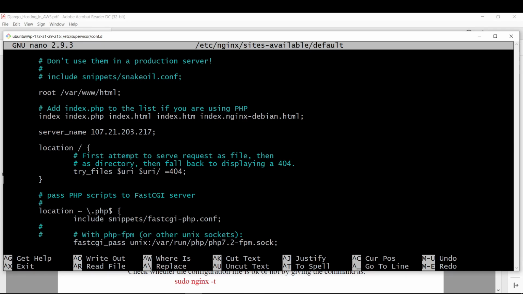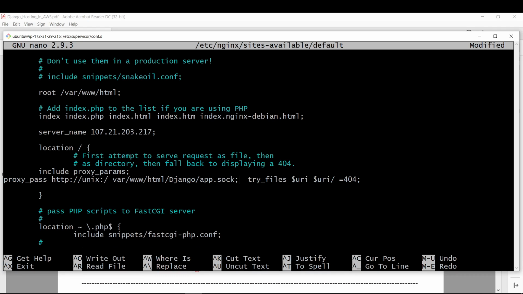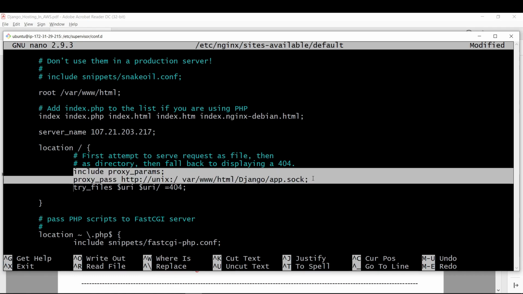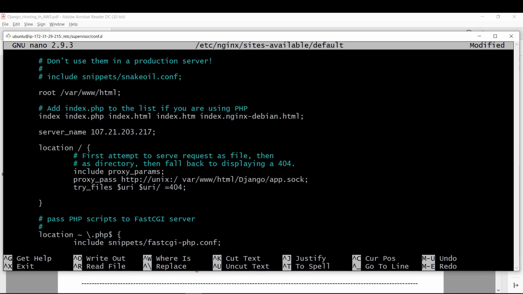Inside this you need to add some lines of code, paste here. So let's arrange this, so these two lines have been added now. What it does is it includes the proxy parameters and the http unix with the directory of our project. So our directory inside the project is Django, and this app.sock is the socket.